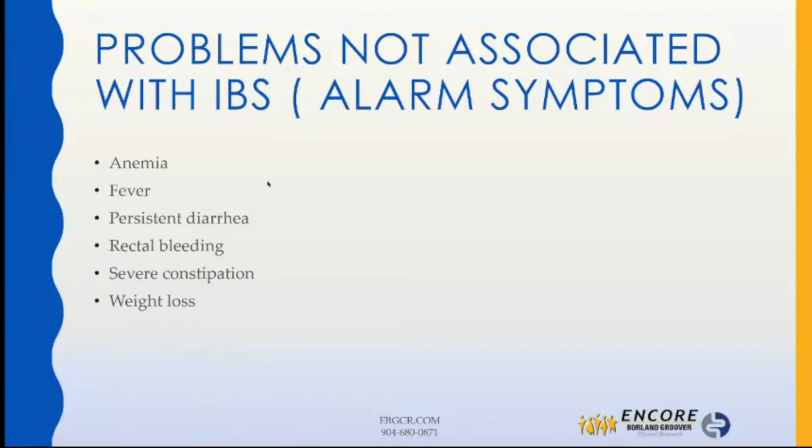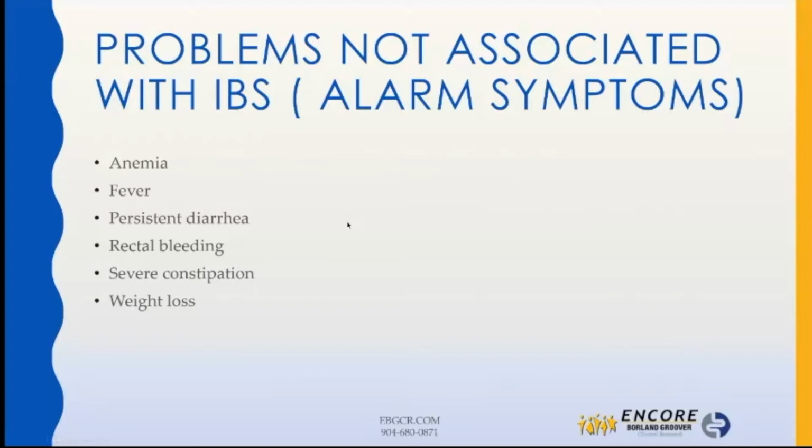Generally, we refer to these signs and symptoms as alarm symptoms: anemia, low blood count, fever, persistent diarrhea, rectal bleeding, even the white kind, as some people like to call it, meaning seeing blood after wiping on tissue. And weight loss are some of those major alarm symptoms